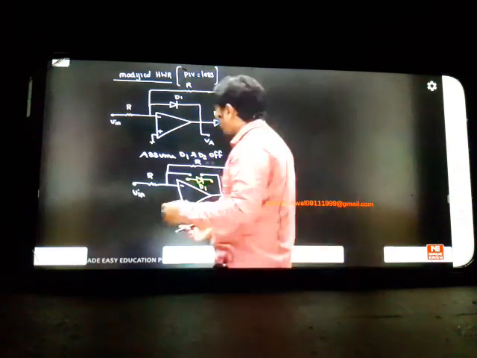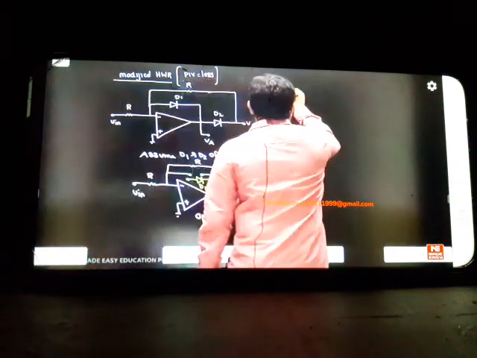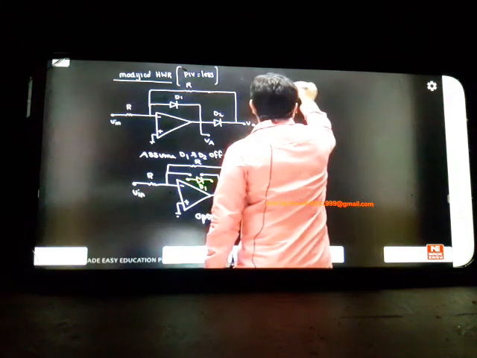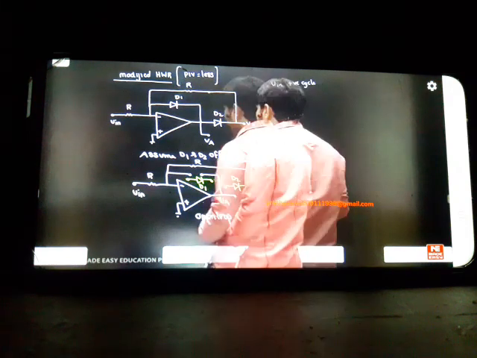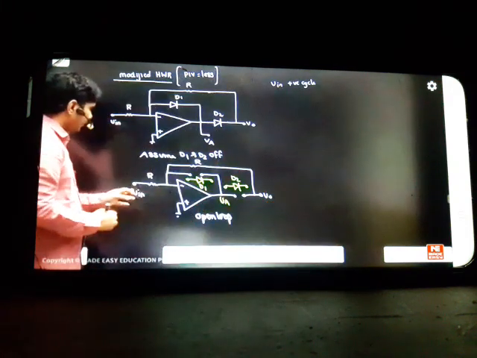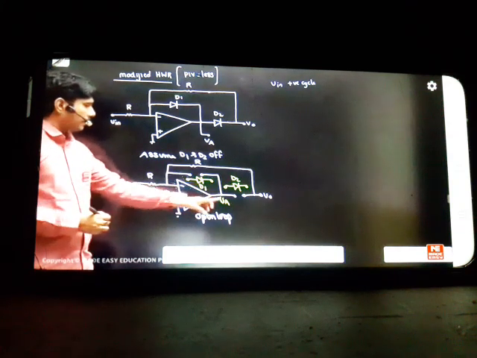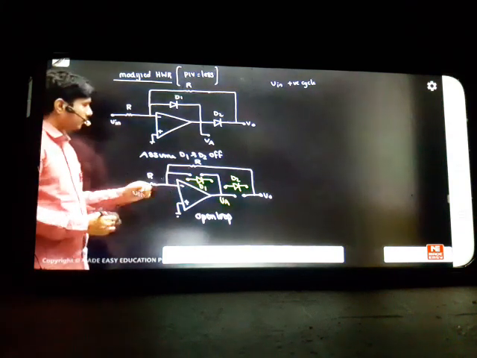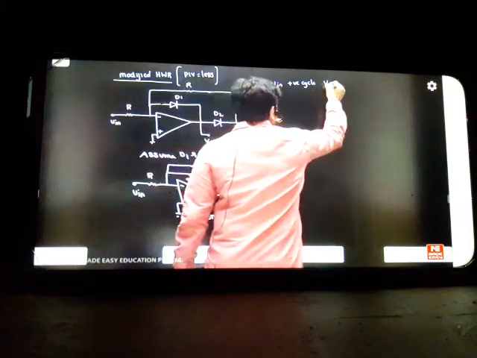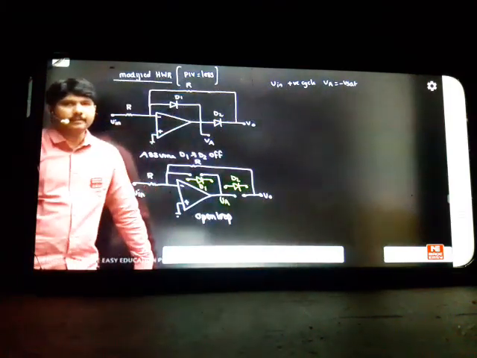Then what's my trick here is, suppose my VIN is a positive cycle. VIN is a positive cycle applied. Use the common sense here. Common sense is very important. You apply the positive cycle to the inverting side. Whenever positive is given to inverting, the positive will become a negative here. VA will become minus because you are going to the negative side. So therefore, your VA will become minus V saturation. Simple point. When the input is a positive cycle, you have used the inverting amplifier technique, so it will go to minus